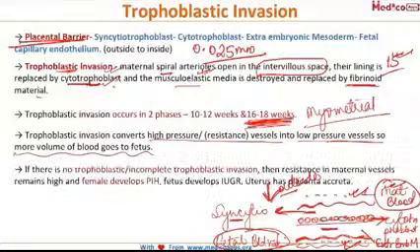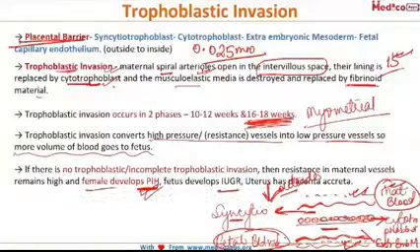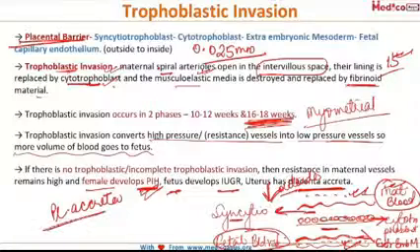Now, if this trophoblastic invasion is absent or incomplete, then the resistance in the maternal vessels will remain high, and the blood supply to the fetus will remain low. This is called uteroplacental insufficiency, and this overall condition results in PIH, that is pregnancy induced hypertension in the mother, IUGR in the fetus, and the placenta becomes placenta accreta as it invades deeper and deeper into the